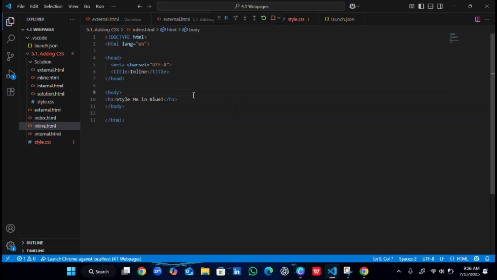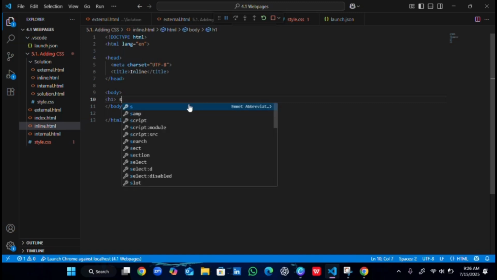Okay, I've got the point now. Here you have to cross all this and you have to write your own style. Style is equal to,